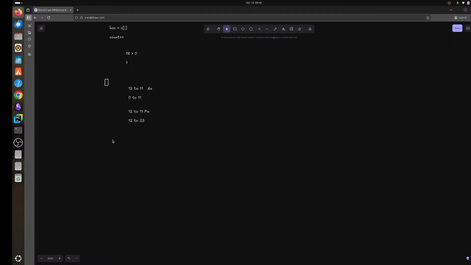Let's think like this. 12, 0 1 0 1 0 2 is fine. It is just transferring the values, nothing else. 12 came, 12 is the hour, and AM came. So we need to check if AM. Let's think like we are checking that, right? If it is AM, and then we are doing